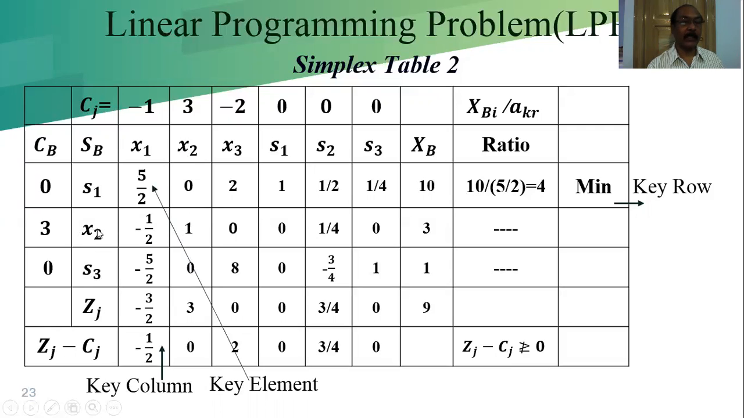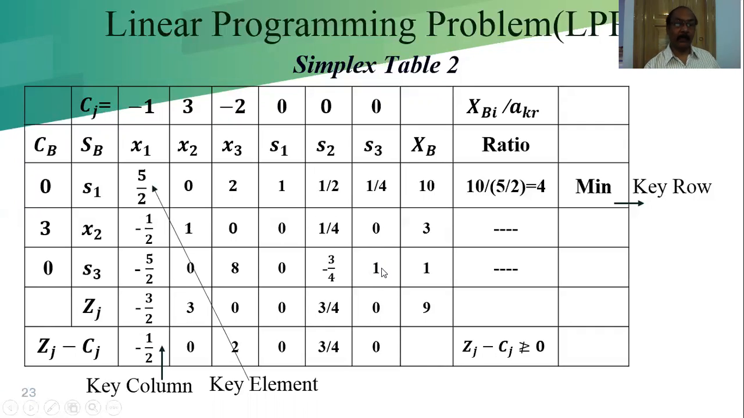Which one is the basis? We can check it. X2, X2 crossing. This is the cross element. That should be 1, and other elements in that column will be 0. And S3, check it, this will be 1 and all other elements will be 0 in the next